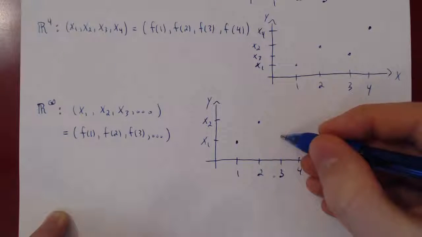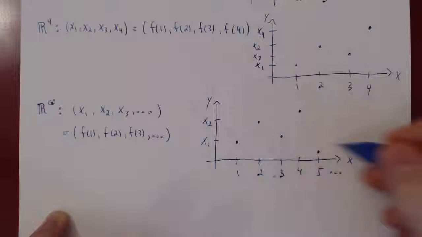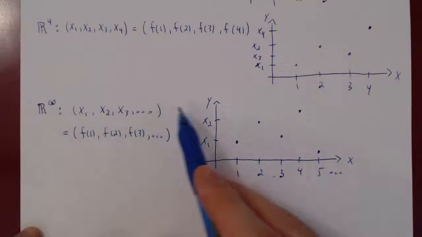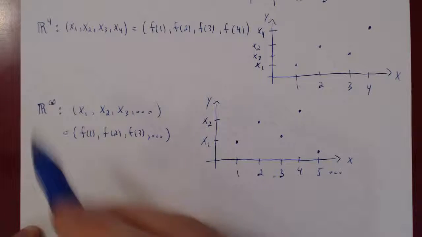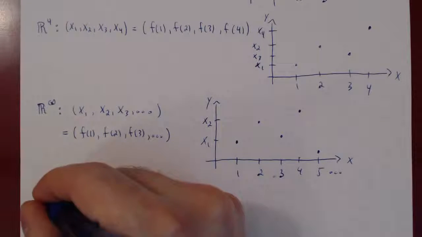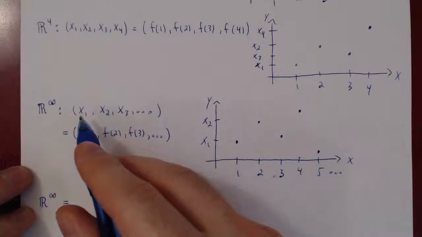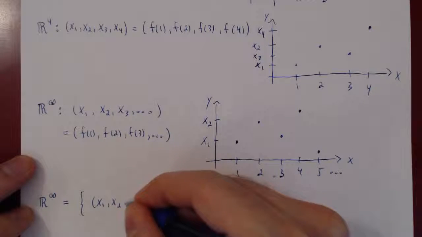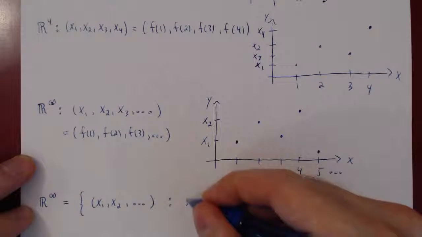The y value at 3 is x3, the y value at 4 is x4, the y value at 5 is x5, and so on. And so you see quite naturally, a vector with an infinite number of components is simply the graph of a function defined on all positive integers. So we can now write R infinity in a more interesting fashion. R infinity is the set of all vectors with an infinite number of components where the xi's are allowed to range over all real numbers,